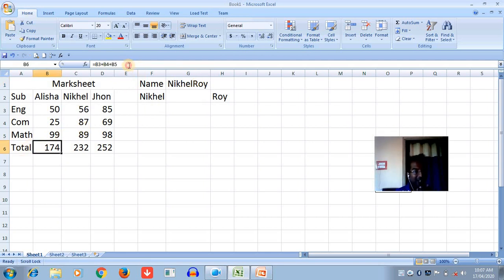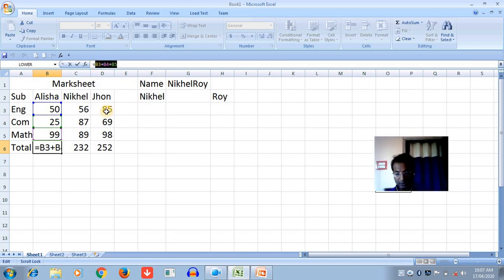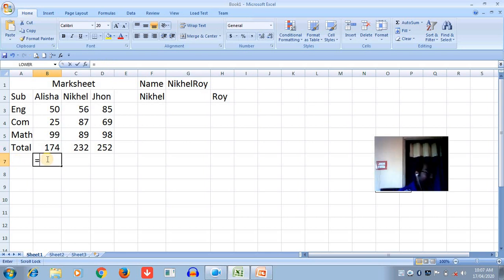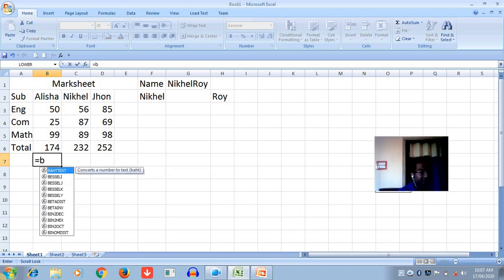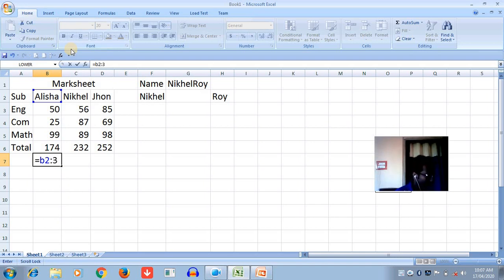Here we have already given the formula using the plus operator. As well as that, we can use the cell reference also. Let's see another way to find the total marks. The first cell reference is B3, where the value is present. So you write here B3, and here we add the last cell, that is B5. Then you have to press enter.